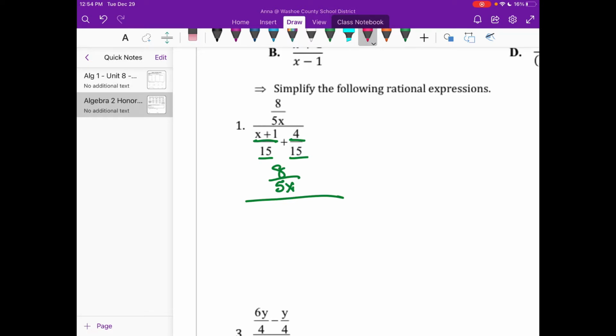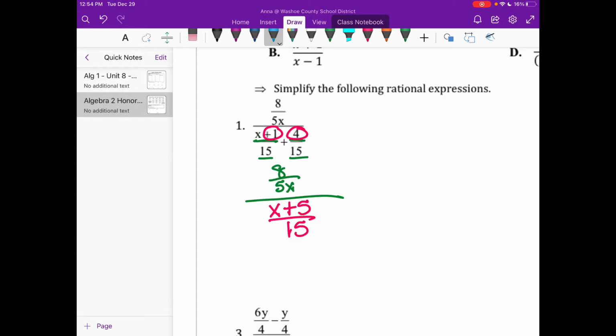So I have 8 over 5x still over, see why it's complex, because there's a fraction on top and then it's one big fraction. Combine my like terms, 1 and 4 is 5. So I have x plus 5 over 15. Awesome. Now I have one fraction on top, one fraction on the bottom. I get to treat them like dividing fractions. So remember, when you divide your fractions,